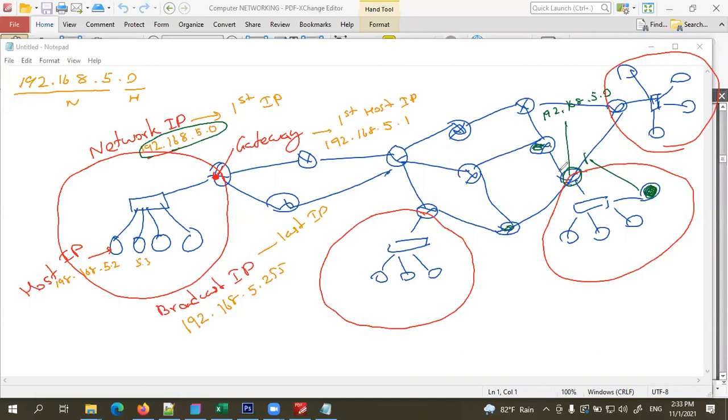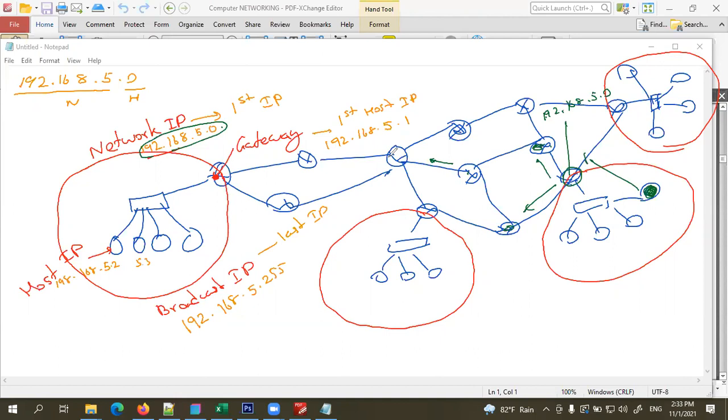Now, identify the best path to send this. It checks which of these two it is connected to, looks at which side has the least traffic, and forwards it. It comes to this one; this one also knows which one it is connected to, and forwards it to that side. Where does it forward? To the network called 192.168.5.0. So like that, this network address is used by routers to keep track of locations. Inside the internet, they keep a summary of where data should go using these network IPs. That is done by routers.